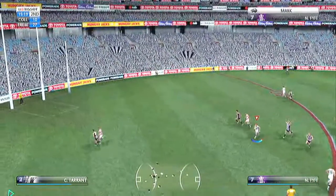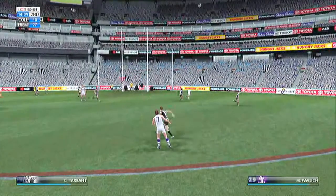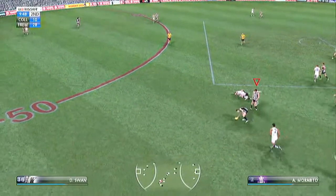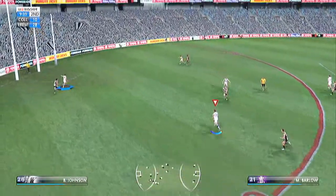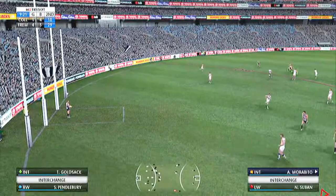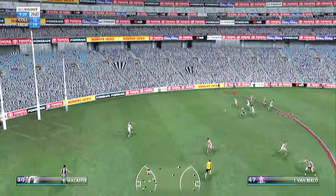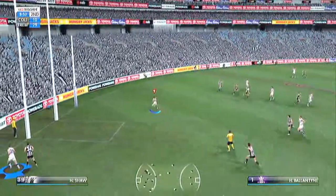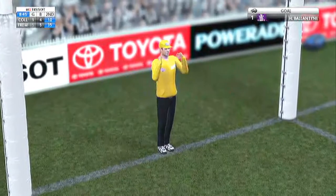And Jay Van Berlo, another one of these young players who is just going about his business and doing really well, finds Nat Fyfe out in front of the eyes. Nat Fyfe goes back and unfortunately can't repeat the task of just a few moments before, but he's still able to make the distance as we just continue to go into that forward 50. At this point in time, Collingwood were really struggling for answers. You can see from this kick out, it pretty much sums up their game to this point. Hayden Ballantyne wins the ball and waltzes right up to the open goal face and slams through another goal